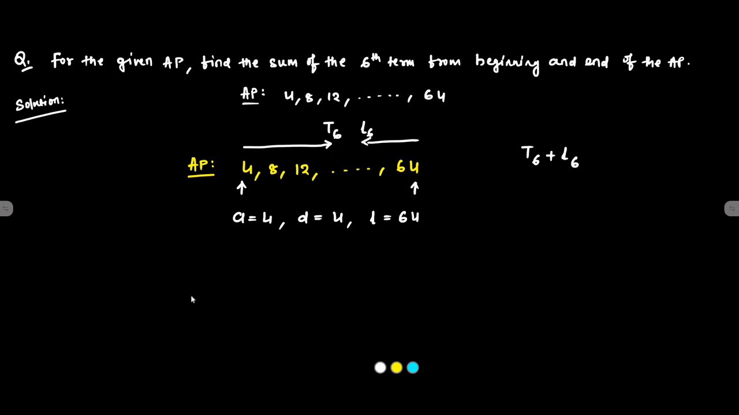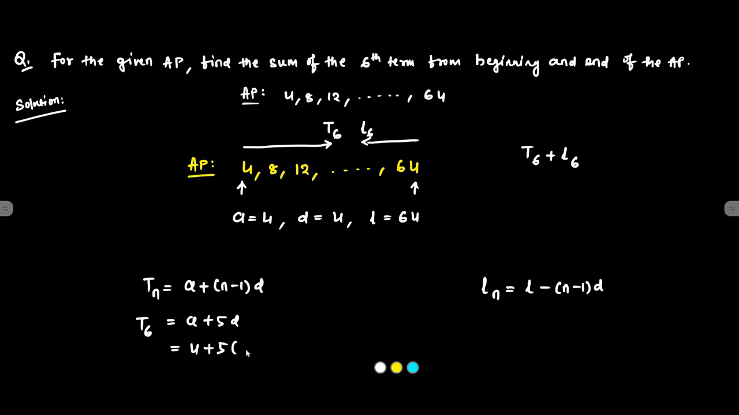For the forward nth term we'll use the formula Tn is equal to A plus n minus 1 D, and for the sixth term from the end we'll use the formula Ln is equal to L minus n minus 1 D. So the sixth term, T6, is equal to A plus 6 minus 1 D, which is A plus 5D, which is 4 plus 5 into 4, that is 4 plus 20,